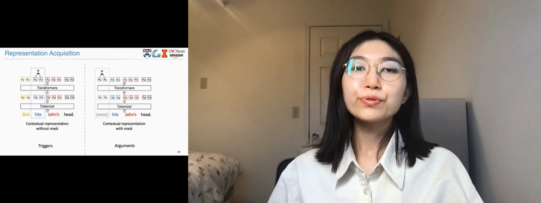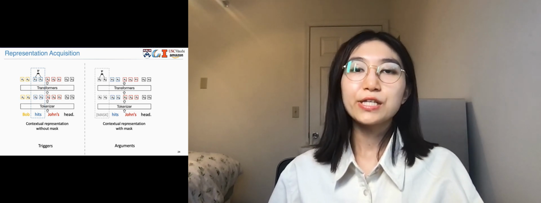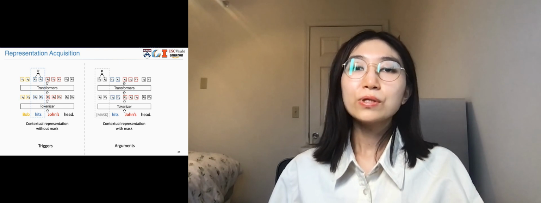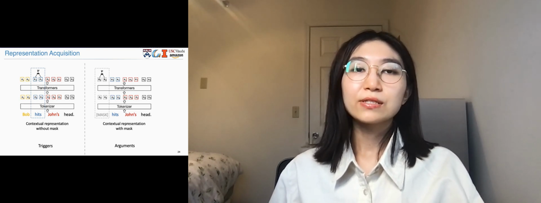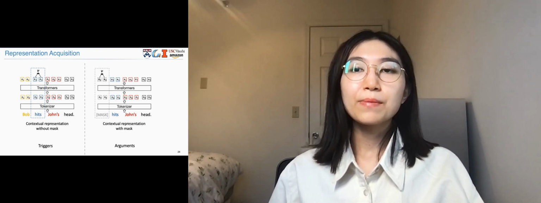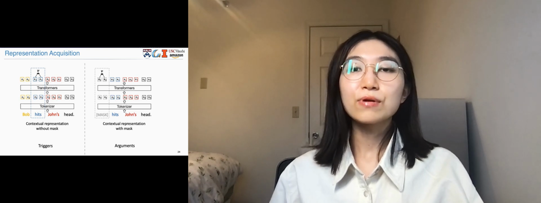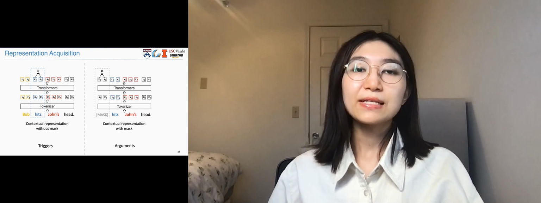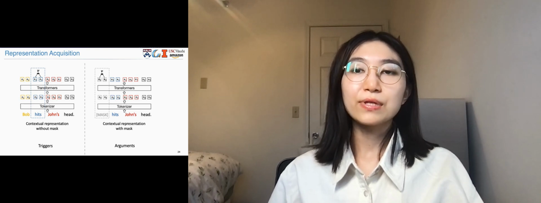Additionally, we use two different representation methods for triggers and arguments when we generate embeddings. We do not have any masking operation when we generate the embeddings for triggers and trigger labels. So basically, we input the entire sentence and select the representation at the corresponding positions. However, for arguments, we use a masking strategy to mask the target argument and only use the context to generate the